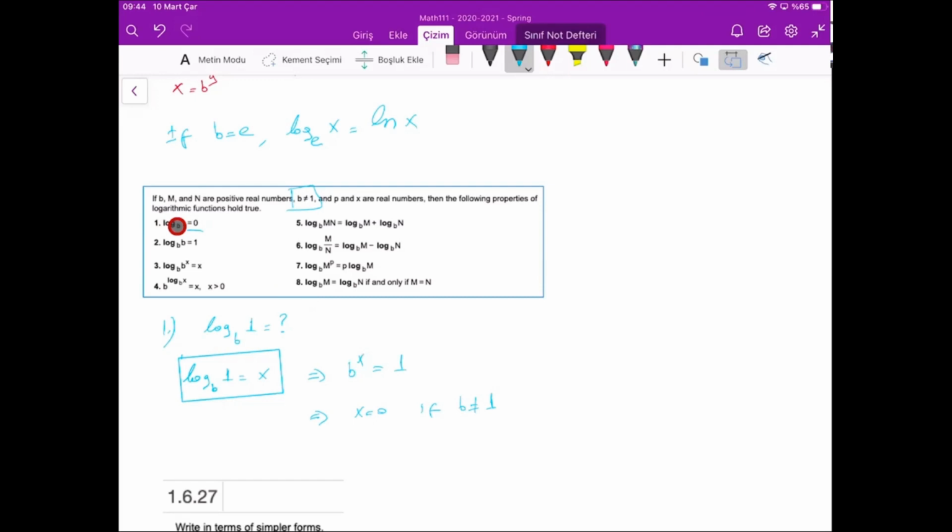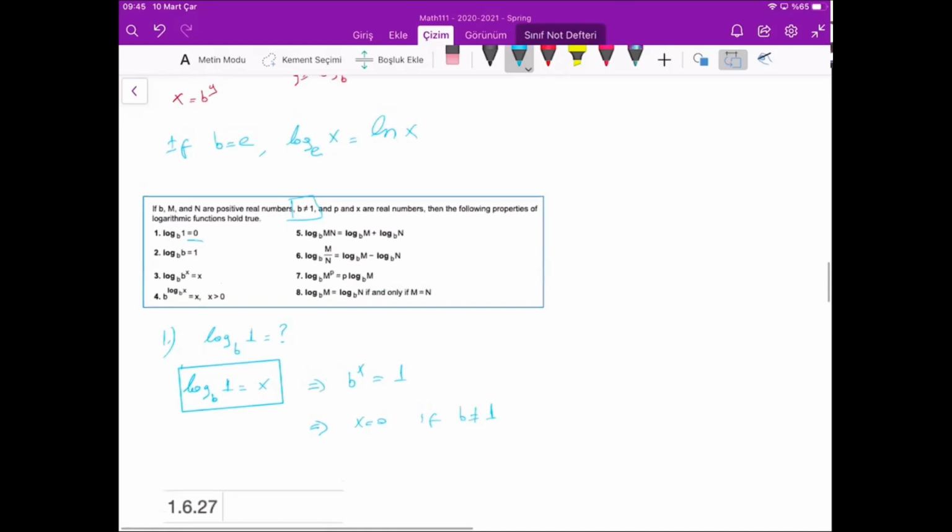Also for the exponential function, we set a similar condition: b is different than 1 and different than 0. If b is 1 or 0, we have a constant function, and a constant function is not one-to-one, so there is no inverse of this constant function. So the base b cannot be 0 and cannot be 1. Here the b's are positive real numbers. b cannot be negative, because minus 1 to power x is not defined.